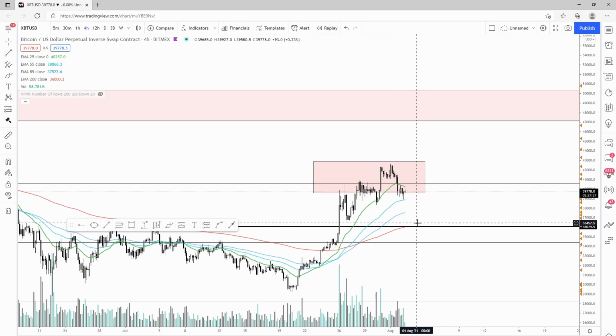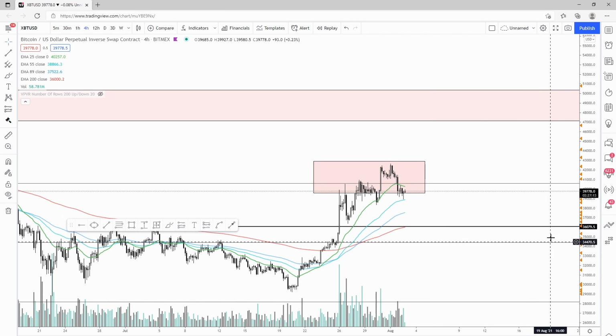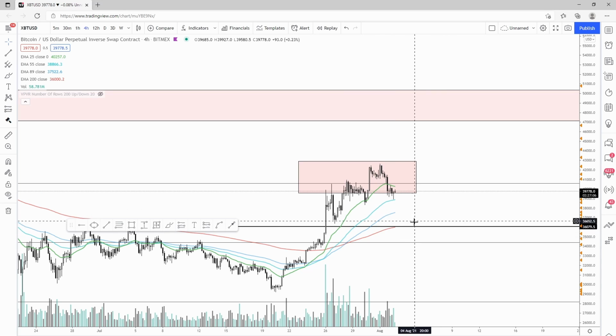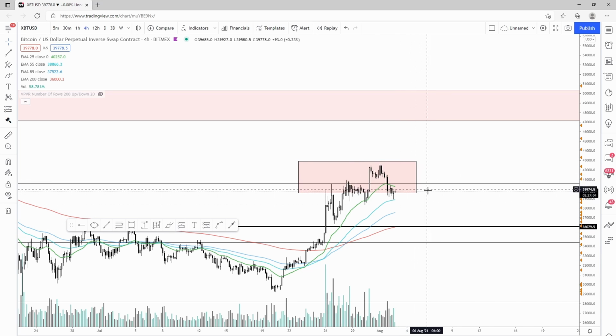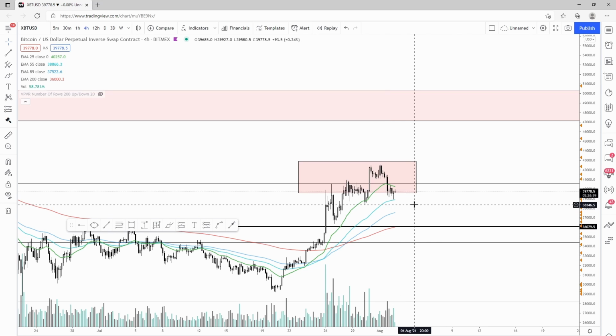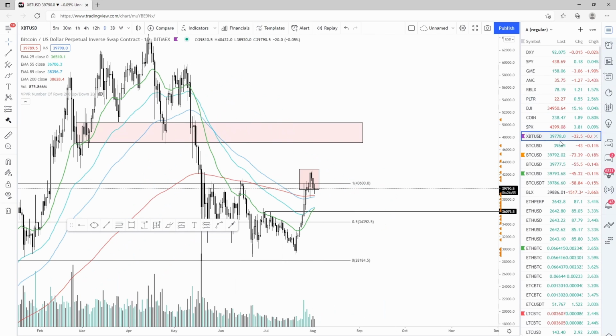This 36K area is an area that I'm watching, because this 200 EMA on the 4-hour is oftentimes a very good entry level. And this would be confluent with a high volume node area on the volume profile, this EMA, and it's also just a simple SR area. So I am watching this area, but the longer that price continues to hold around here, the more bullish I will get. So right now we're also seeing Ethereum do very well,